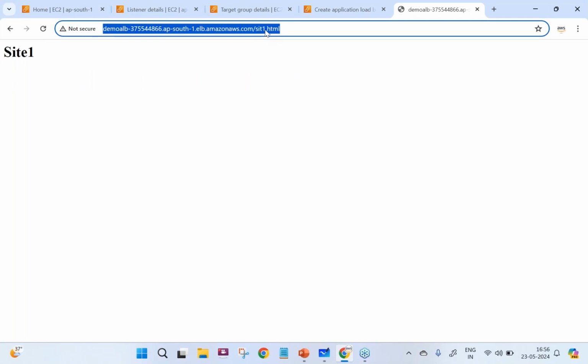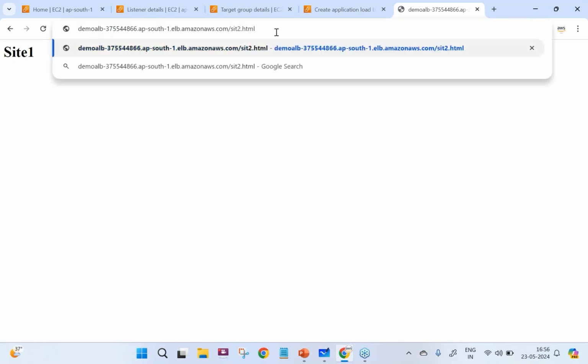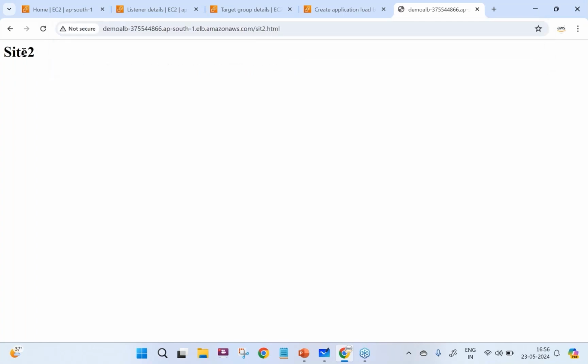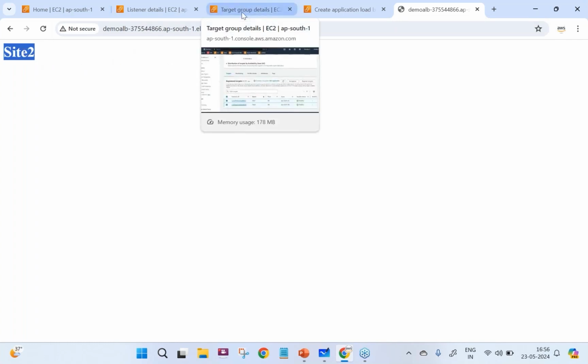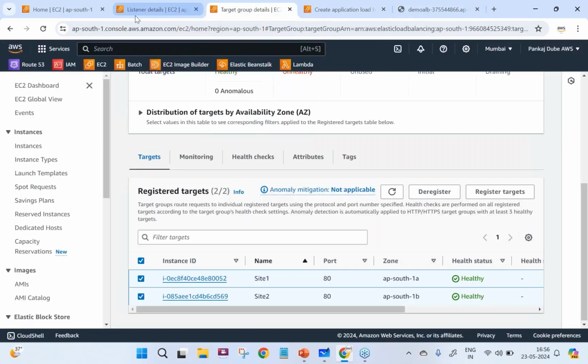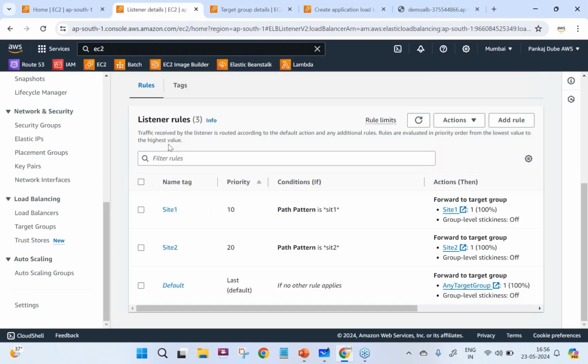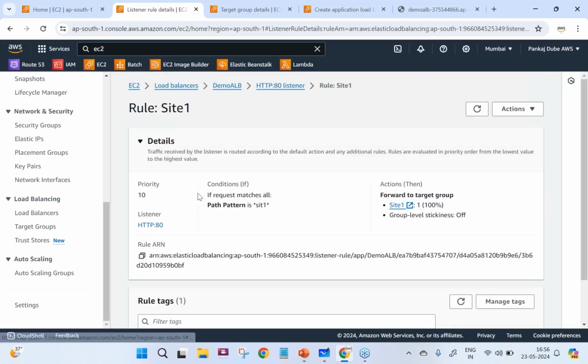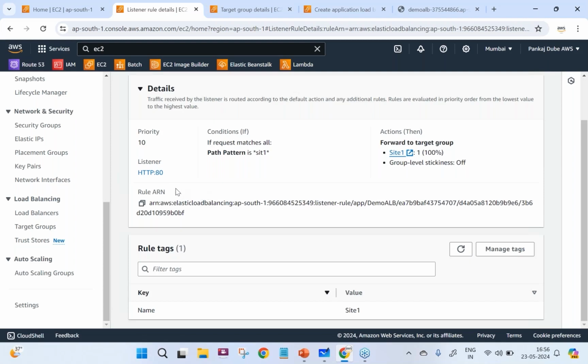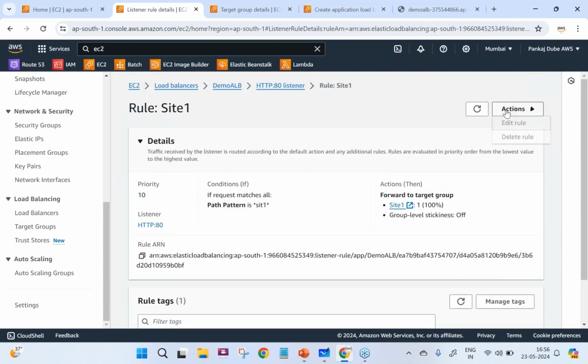And if I try to access site2.html, I get the response as site 2. How I can achieve this is possible with the help of the listeners. So what I have done is I have created a rule. What is the name of the rule? Site 1, priority is 10. And if I click on this site 1, let me edit the rule.